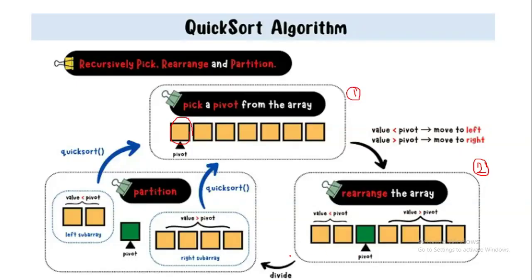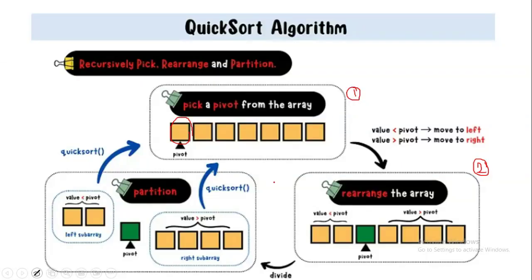Once this partition is done, we apply the quicksort function recursively to the left subpart and the right subpart of that array, and this recursion continues until the subarray